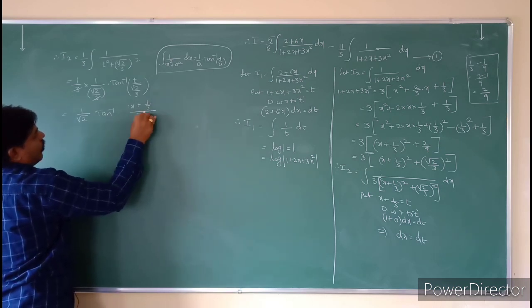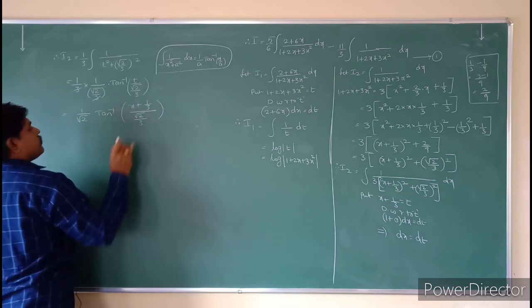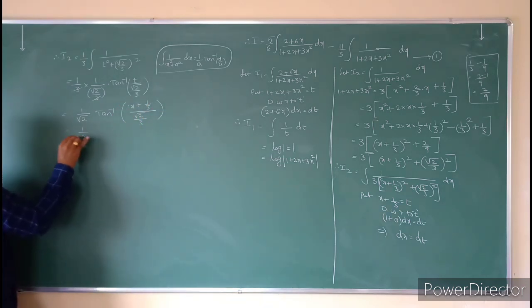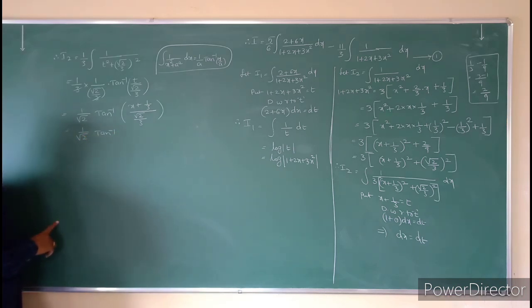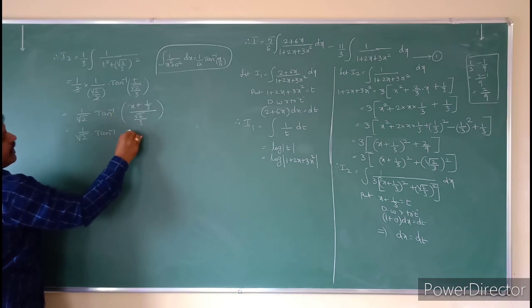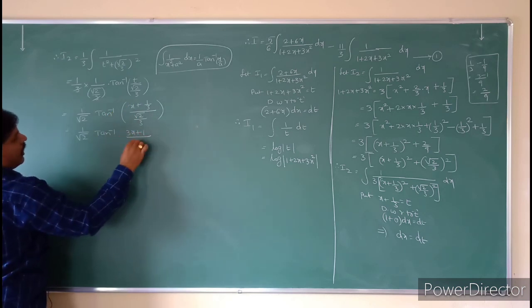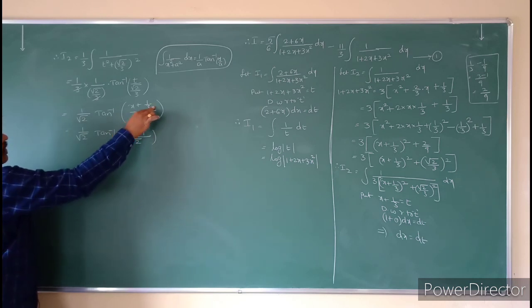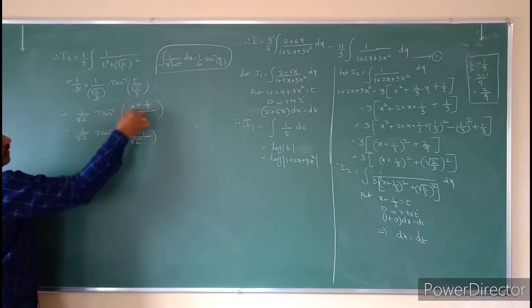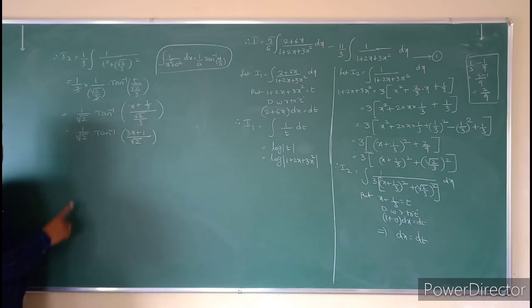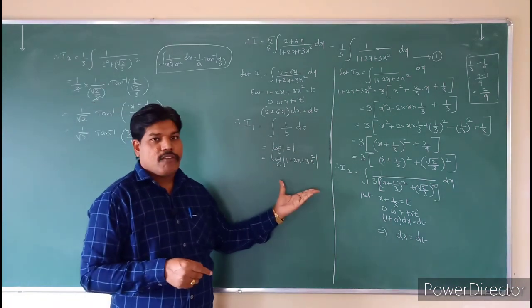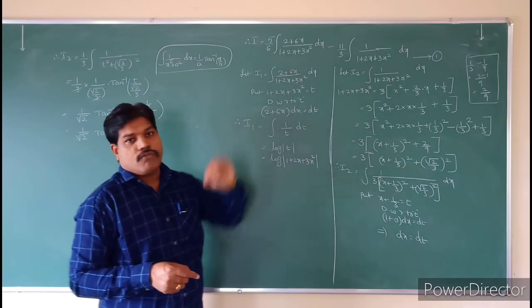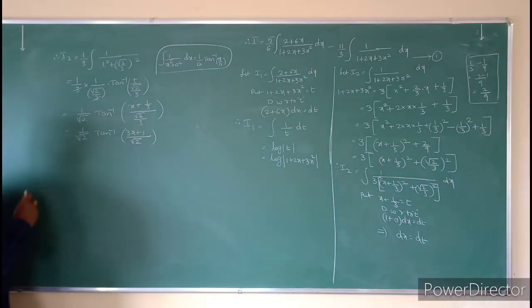by root 2 by 3, that is equal to 1 by root 2 into tan inverse of, take the LCM, 3x plus 1 by root 2. Why? Because 3x plus 1 by 3 over root 2 by 3, 3 will be cancelled. You will get 3x plus 1 by root 2. So after getting this, this is the I2 value, and already you know the I1 value also. I will substitute these two in equation 1. Therefore, from equation 1,